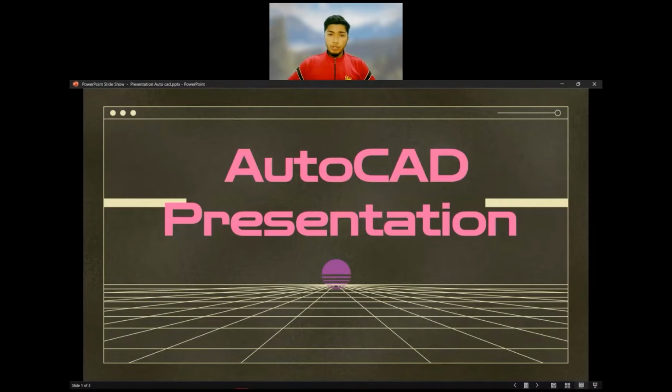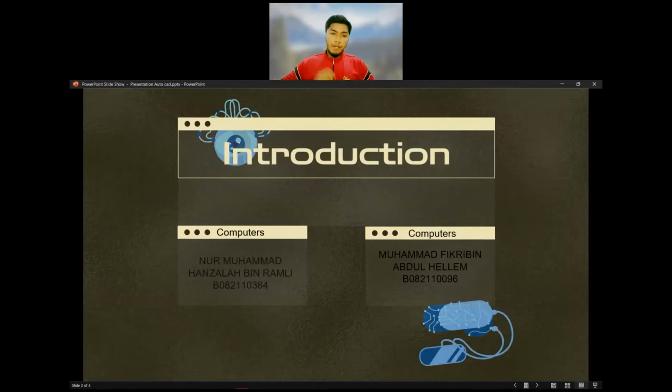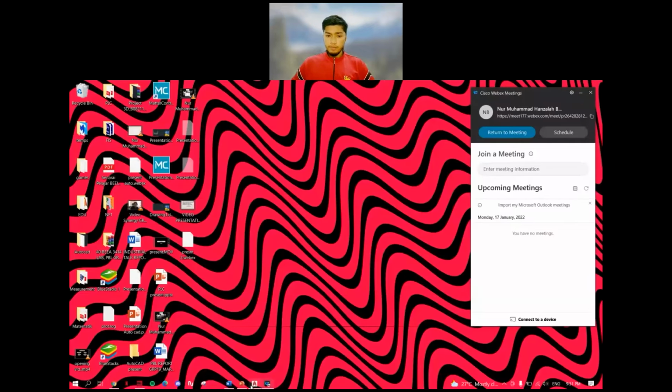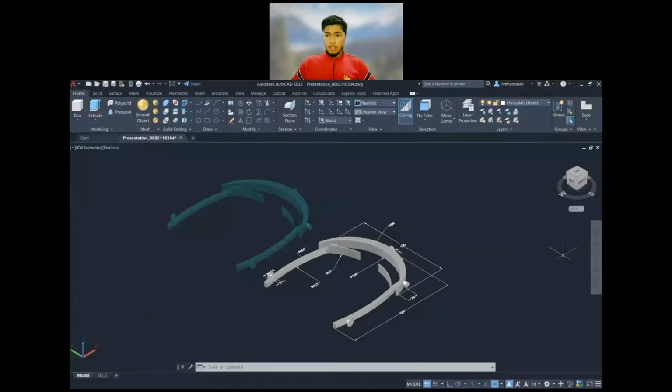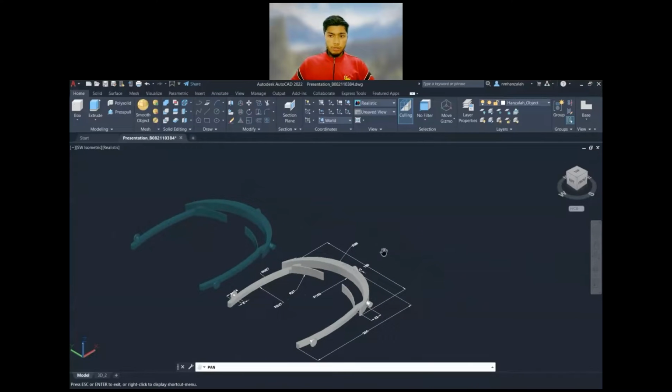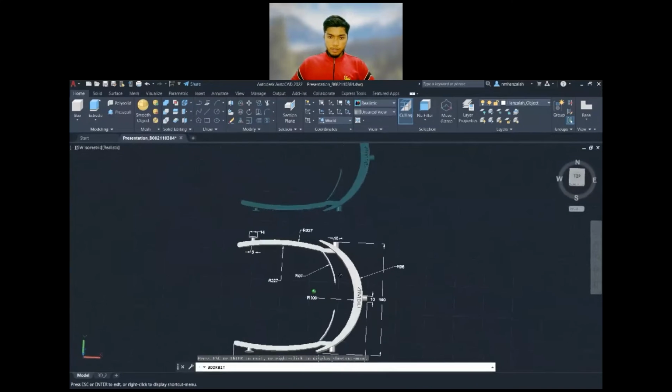Today I'm going to present to you an AutoCAD presentation for a 3D Faceshield. Me and my partner, Muhammad Fikri Berabdi. For our Faceshield 3D design, I'm going to show you in AutoCAD. Okay. Here I will show you the dimension for our